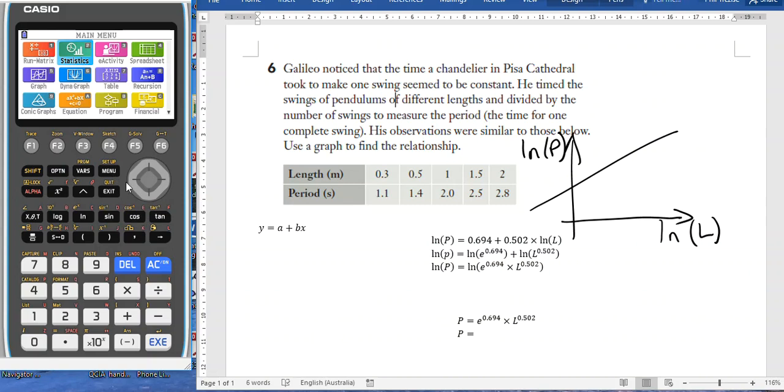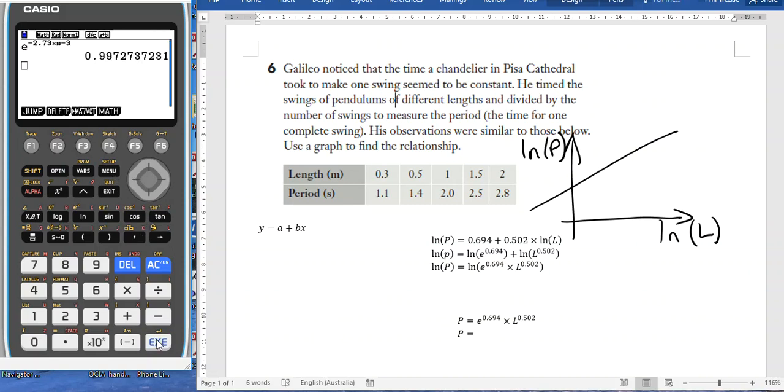So if I just pop back to my main screen for a minute, I want to get rid of everything there. Right. So if I go e to the power of 0.694, I see that this coefficient here is really 2.00. So it's much neater to write this as 2 times L to the power of